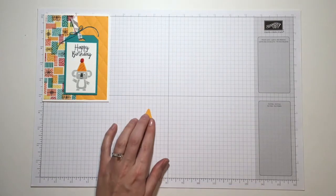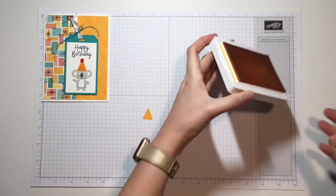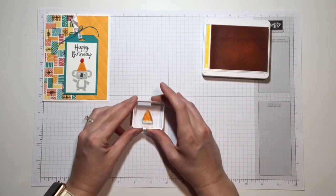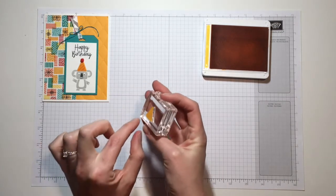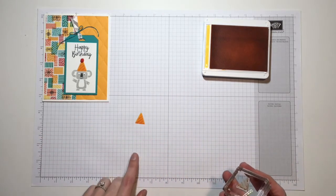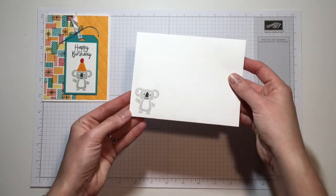And the last little bit of stamping is actually that birthday hat, and I'm stamping that using the Mango Melody. So I'm just going to ink up that stamp and drop those stripes right on top. Because it's such a tight fit, it probably will stick to your stamp, so you can just use your fingernail to drop that off. That is the full extent of the stamping for the card,